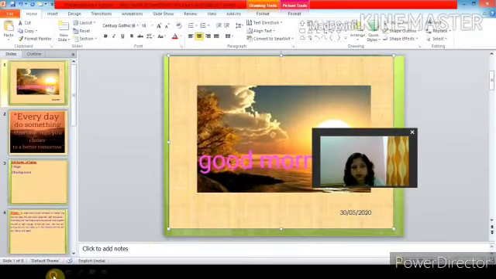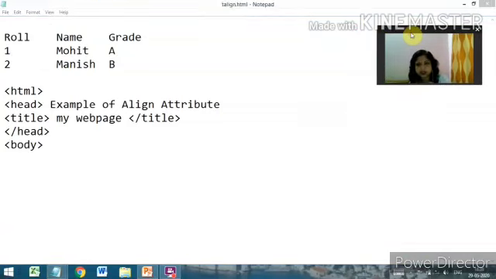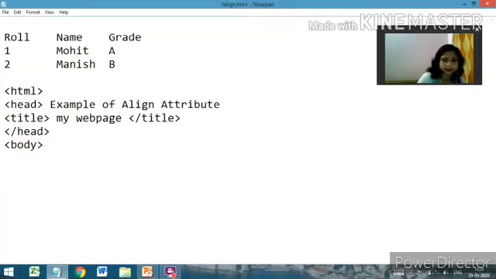For this we will go to our notepad. I have already made a notepad for you, just with the structure of the HTML. Suppose we are making a table with the table tags. Go to border. Now I'm not using the align attribute.